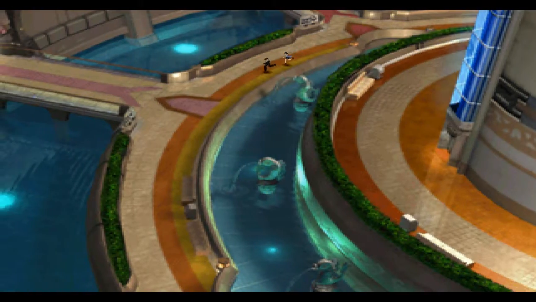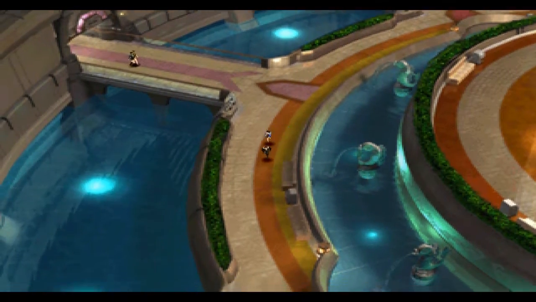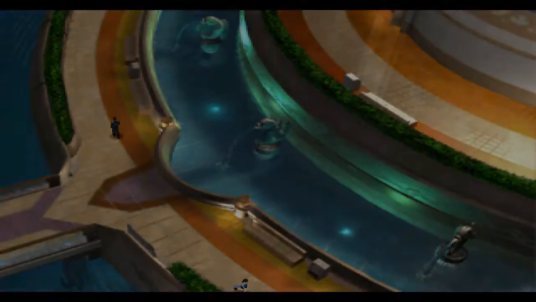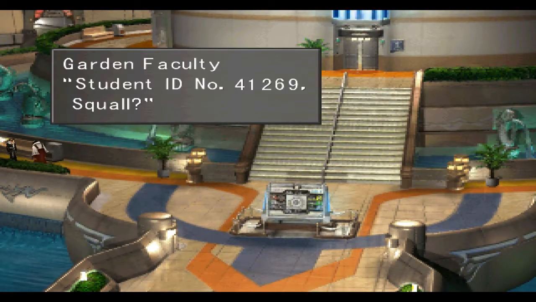That's who Squall is. So what you want to do is head all the way to the lobby. Well, technically, I guess you're in the lobby, but you want to head to where the directory is, I should say. Because once you get down there, a garden faculty member is going to come up and say,